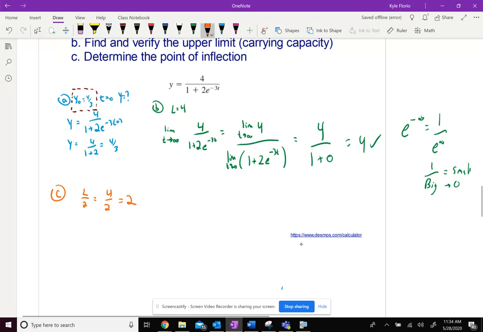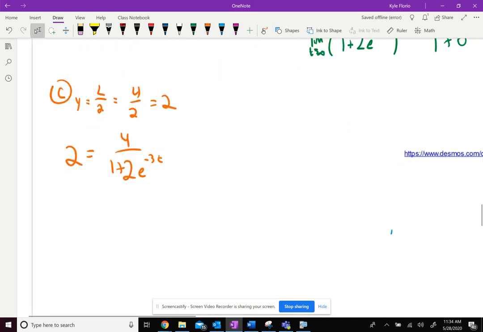To find the time value, at what time does it get to be 2? We just have to solve this differential equation for that. So the point of inflection is at y equals 2. If I replace the y with 2, we just need to solve this equation for t. So what I'm going to do is multiply both sides by the denominator, 1 plus 2e to the negative 3t. And then if I divide both sides by 2,